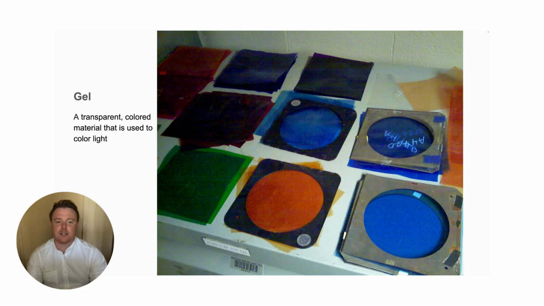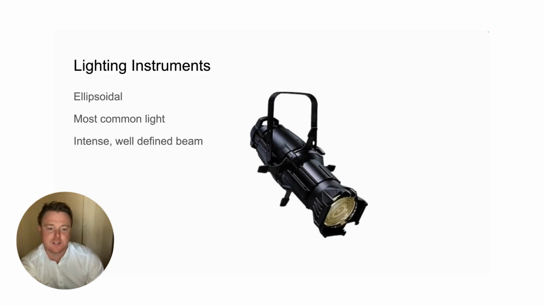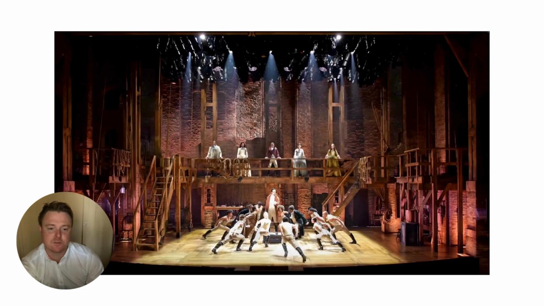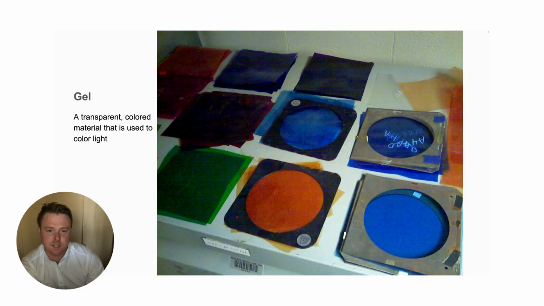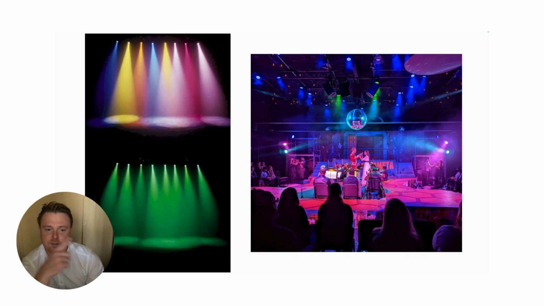So if you look at the light instrument, you can see that it's a white light, right? And then what they put is a gel, you can see it there, in front of that light source to make it those things, right? Any color that you want. You can see it there, and it makes the lights change colors. You can see all the different variations on the left, and on the right you can see it in action there. A lot of blues, a lot of greens, a lot of pinks, and a kind of violet color